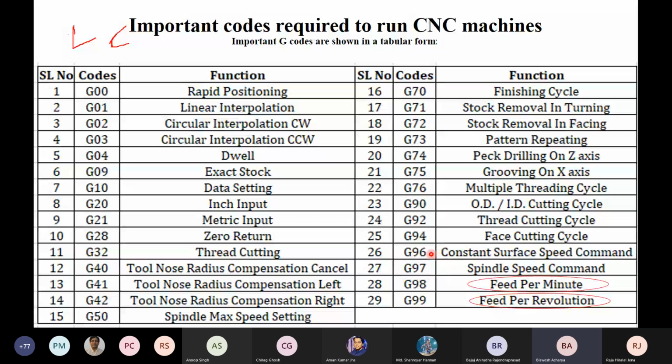Again, G70 is for the finishing cycle, G71 is for stock removal in turning, and G72 is for facing. You know that there may be different operations in turning, like turning or facing operation. So how does the computer understand? We can define it by writing